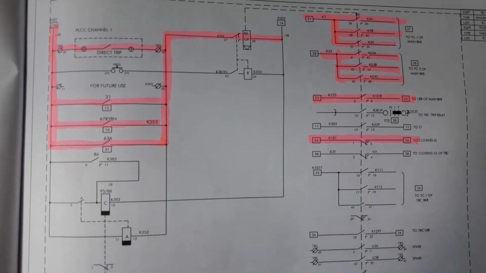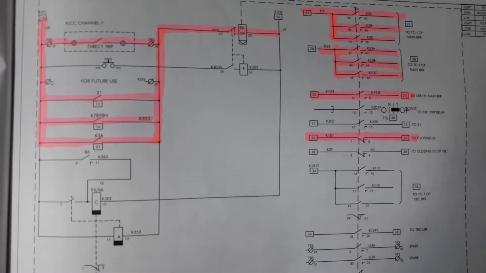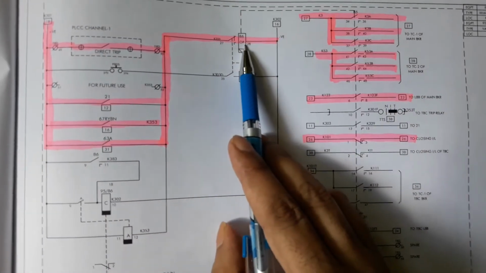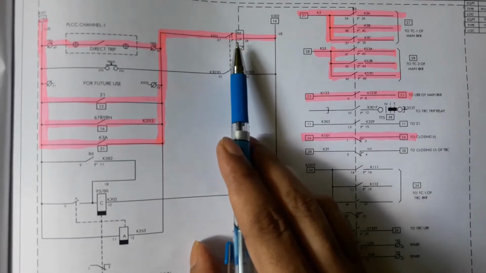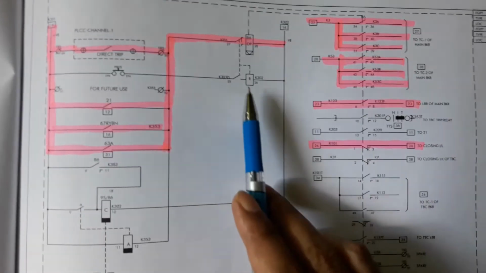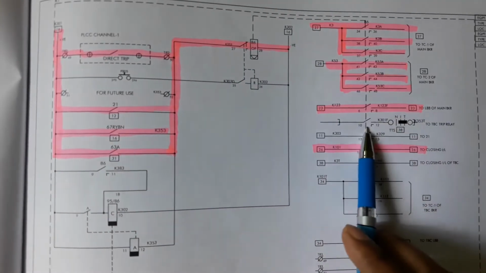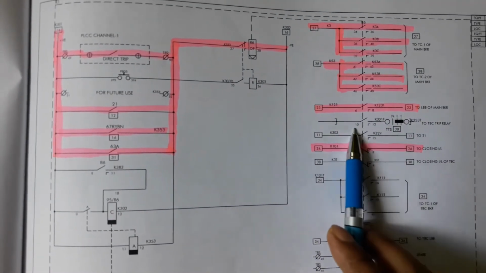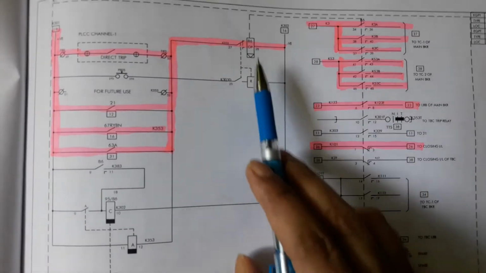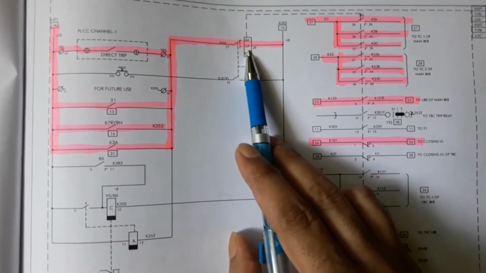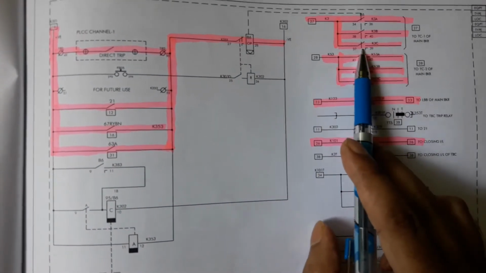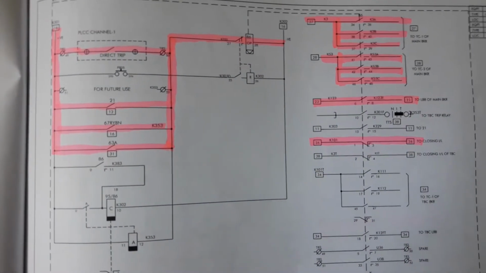But if a phase-to-phase fault occurred which is detected by the distance protection relay, then the three-phase 86 relay will operate, and this three-phase 86 relay is a latch relay. That means if it operated, then you cannot recharge the circuit without resetting this three-phase 86 relay. That means auto reclose is not possible if a three-phase 86 relay is operated.